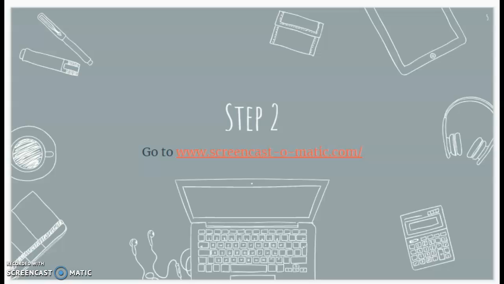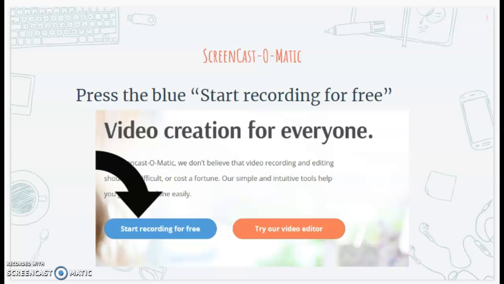For step 2, you need to go to ScreenCast-O-MATIC. If you follow that link right there, it will take you to their website. When you get to their website, it will have a blue button, Start Recording for Free. So if we press that Start Recording for Free button,